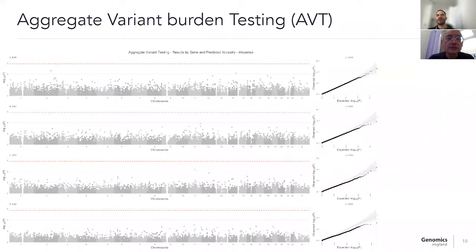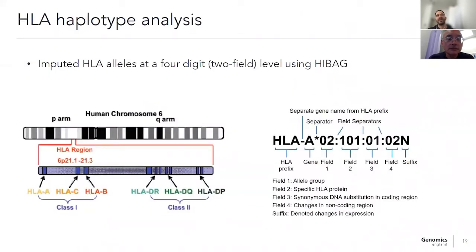This analysis did not reveal any genes that were associated with COVID-19. Next slide. Then we also performed HLA haplotype analysis, where we imputed the major haplotypes of HLA, and you can see here that these particular haplotypes indicate different genes on the MHC region on chromosome 6. And for this particular analysis, next slide,